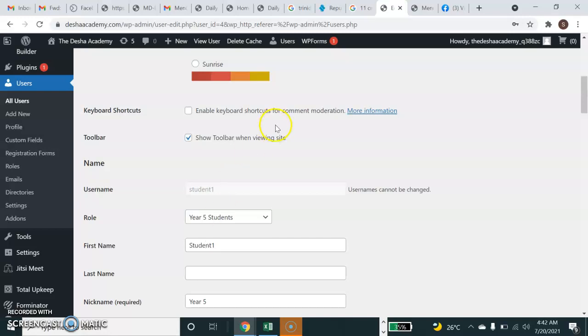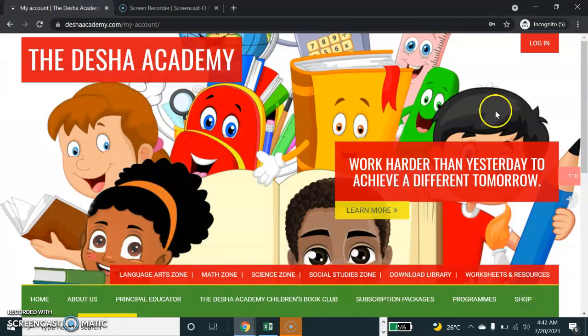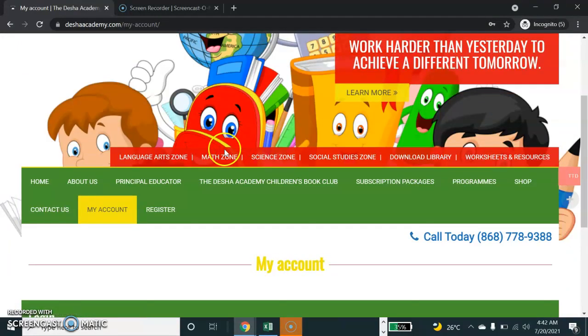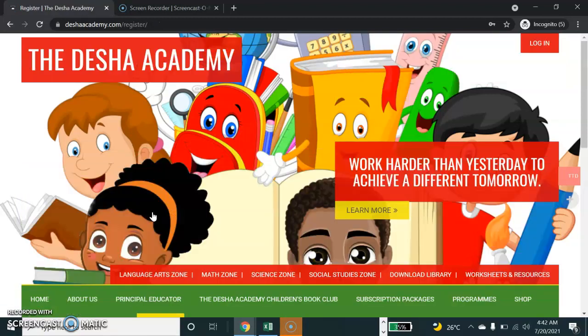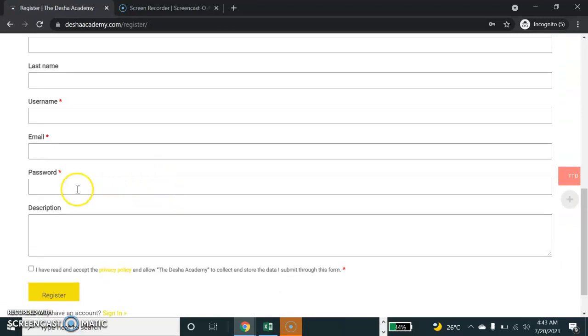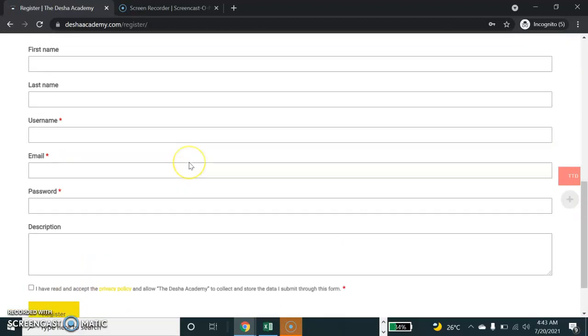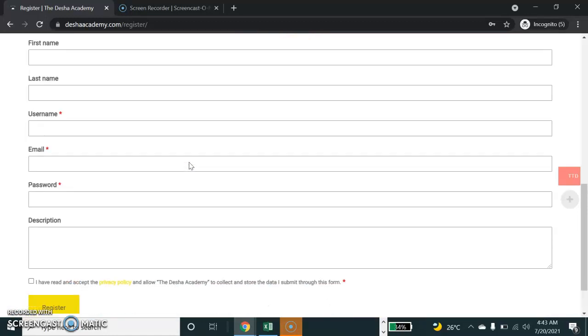So one last thing, I'll just show you the registration process. Just come here. It's logged out right now. They click on register, right? Enter their information, email, right? They create their own password, so you don't worry. And they just click register. When they're registered now,